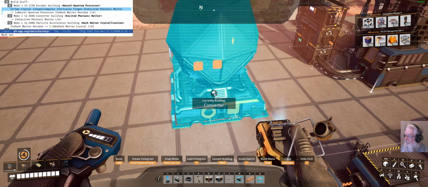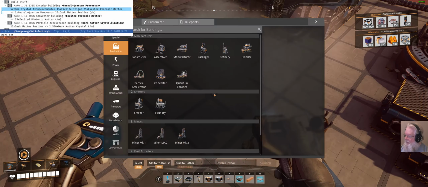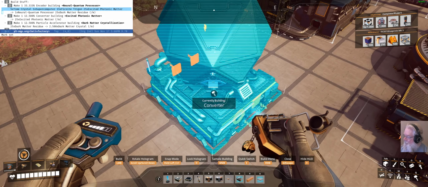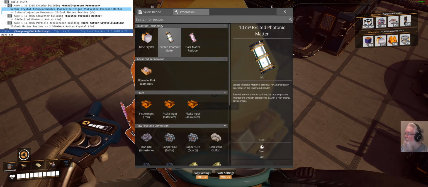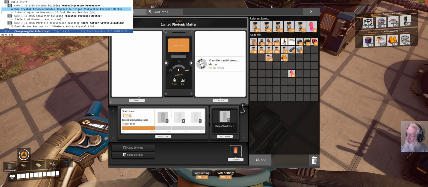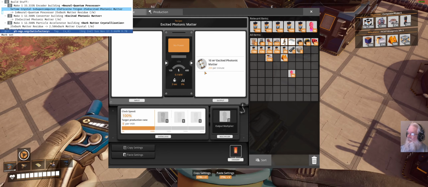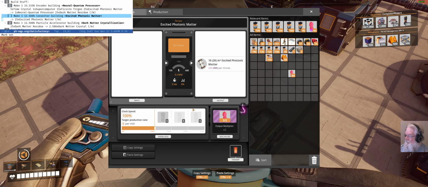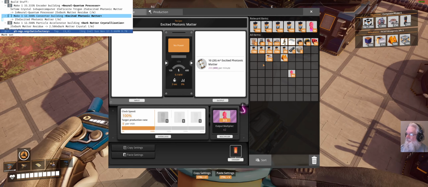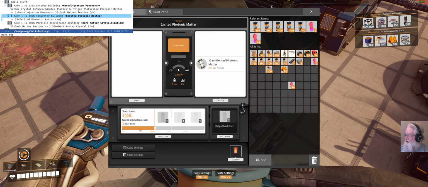I'm going to drop it in. Oh, let's align it. Why not? Now, excited photonic matter, this is like mining. It's got no input. So given a certain amount of power, we turn out the photonic matter. And I want to sloop it. Oh, wait a minute. Let's take a look at the actual requirements here. So, excited photonic matter, if I'm producing 25 per minute,